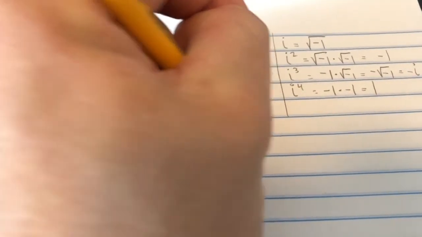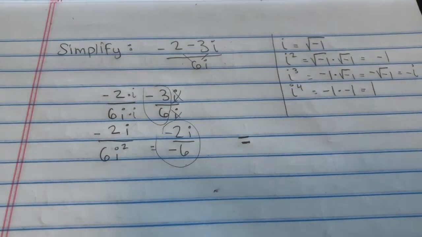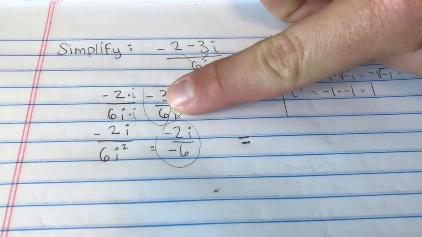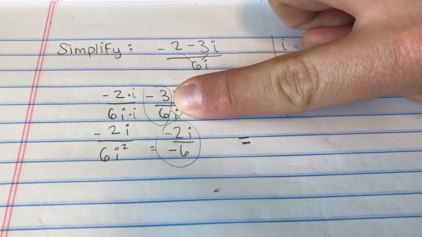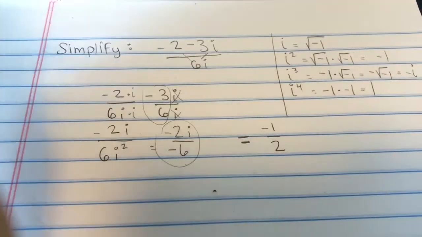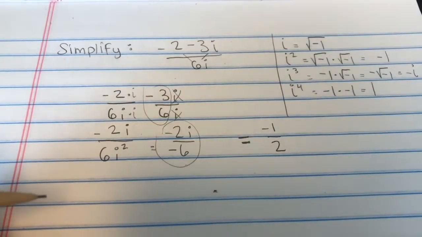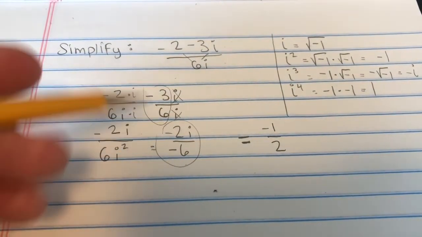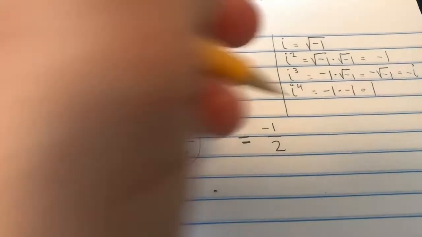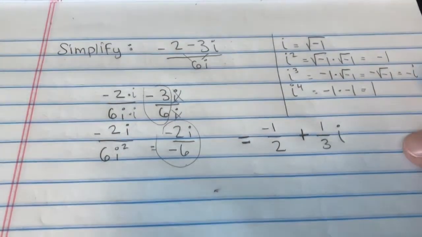So let's do an equal sign over here. This is going to be our answer. So -3 over 6, that's a fraction that could be simplified to what? Exactly, -1/2. And then this, the -2 over -6, right, is a positive 1/3. 1/3 i. Okay, so